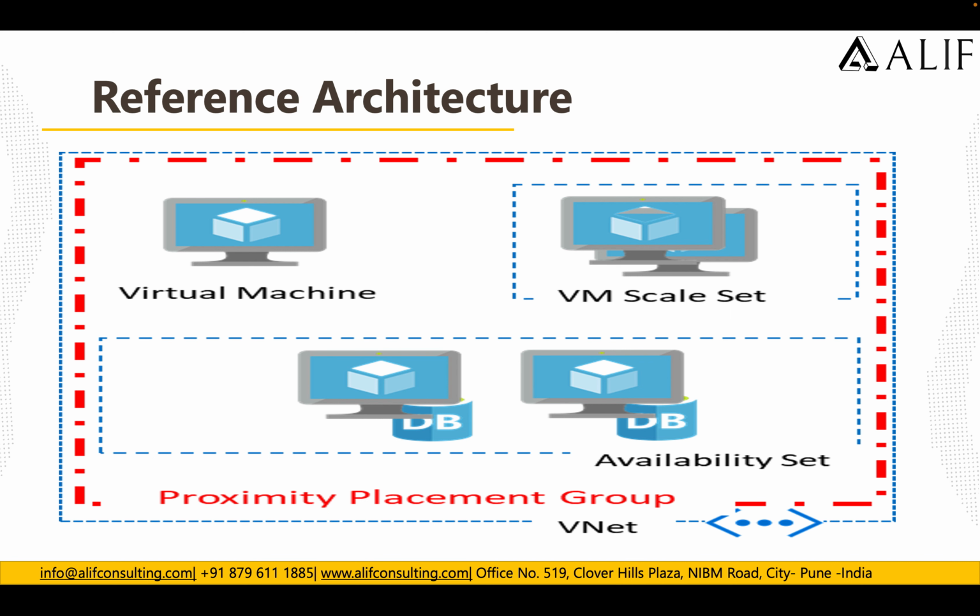So all of these resources can be put in one availability set, one PPG, and the PPG is going to, as I told you, be how you can have your VM scale set or the database assigned to the PPG. Now, these VMs can be put on one PPG to have lower latency across all resources,